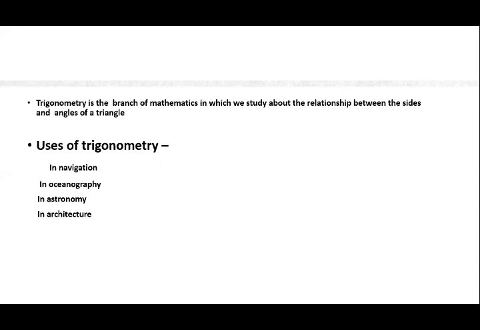So we can use trigonometry in so many places. We can use trigonometry to calculate the latitude and longitude. We can use trigonometry to find the distance between two landmarks and so on. There is a lot of use of trigonometry in our daily life. So we have learned what trigonometry is and what the uses of trigonometry are. But how do we use it? This is a big question. How do we use trigonometry? For that, first we will study trigonometric ratios.